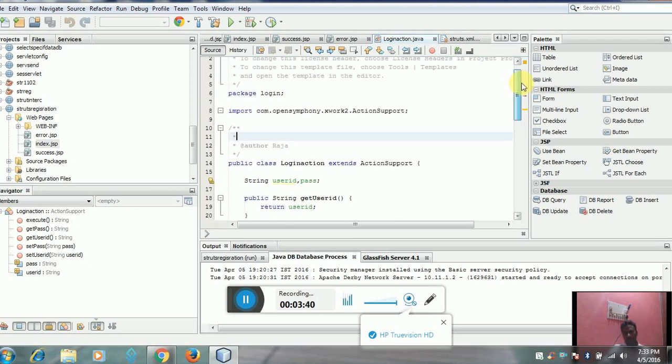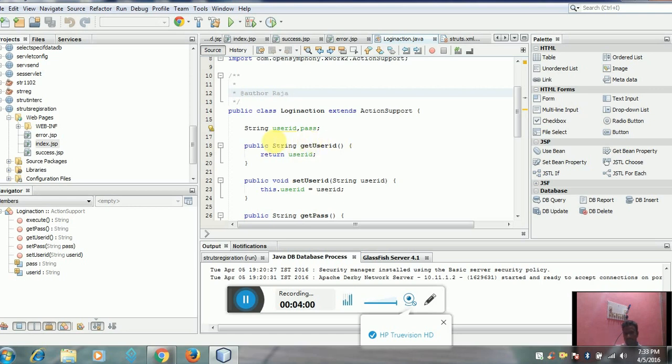It's a package login, importing com.opensymphony.xwork2.ActionSupport, which is the Struts imported file. Next is public class LoginAction, which extends ActionSupport; that's why we import this file. I am creating two String variables, user ID and password.